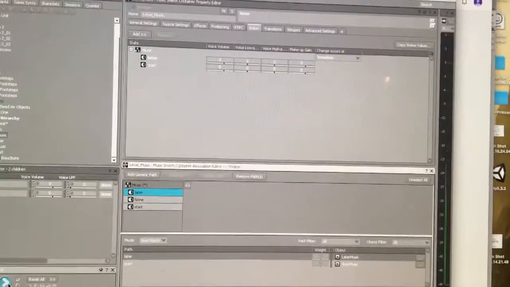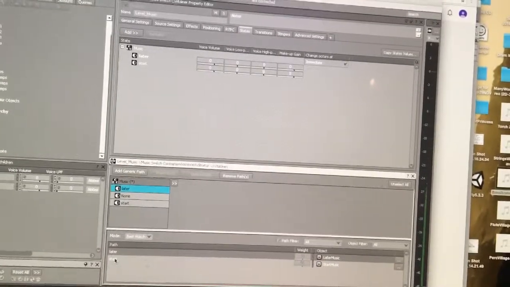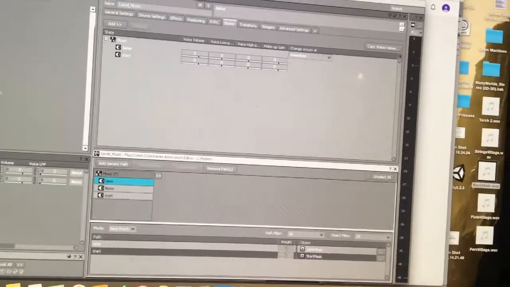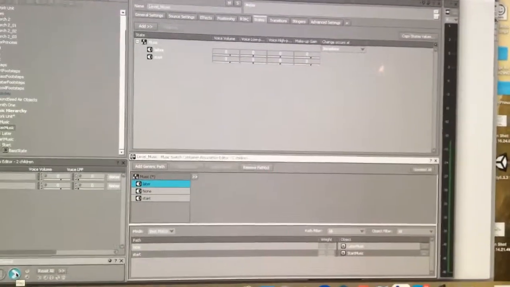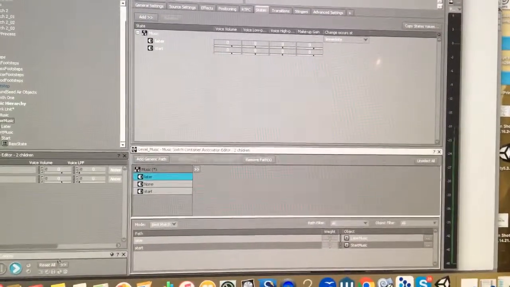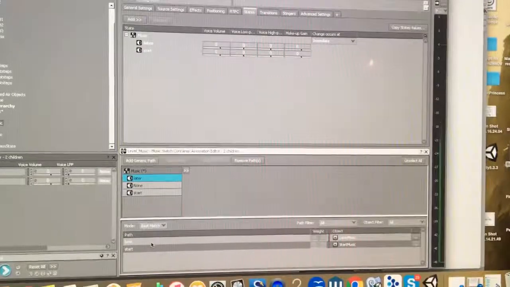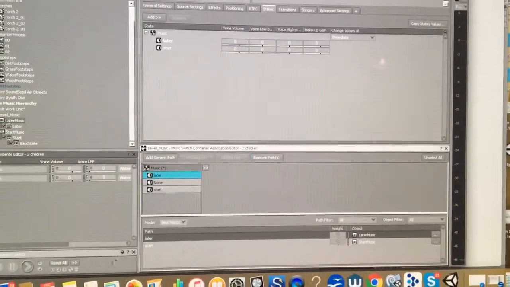Interactive music states is playing later. This is playing the start state. In the later state,